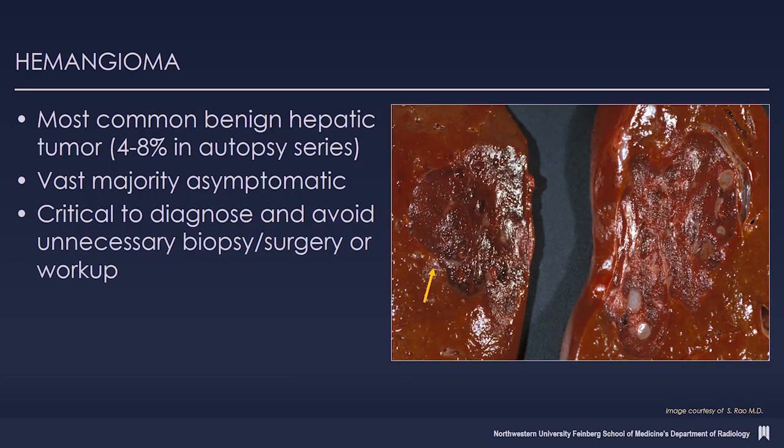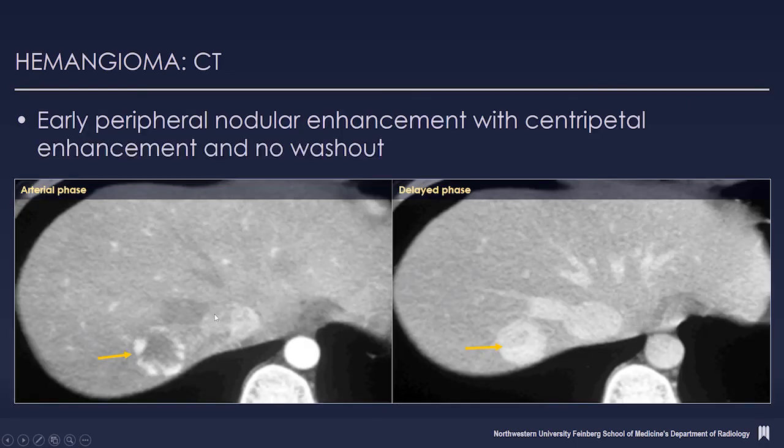So hemangiomas are the most common benign hepatic tumor seen in 4 to 8% in autopsy series. The vast majority of these lesions are asymptomatic, but it's critical to diagnose these and avoid unnecessary biopsy, surgery, or workup. And basically, as seen in this path specimen, it's always good to look at the pathology. It's a sac of blood. Using CT, which is what we most commonly use when we're imaging patients, you see the classic early peripheral nodular enhancement with progressive filling in, and usually it's centripetal filling in. And the thing you want to do is compare it to vessels, and it should be similar